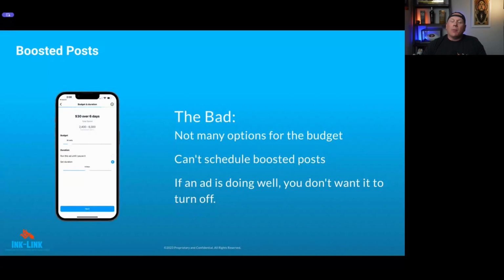More bad things: not many options for the budget. You can't schedule posts. You can put an end date, but you can't say, hey, I want this to start running on this date. And if you pick the, hey, boost this for $5 a day for 10 days, if your ad's doing well and it's getting results, you don't want that to shut off. You want it to run as long as you can. And I know there is an option in there to just let it run indefinitely now, something they added within the last year. But